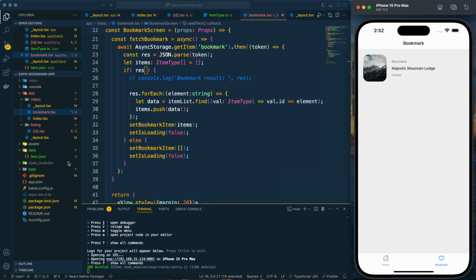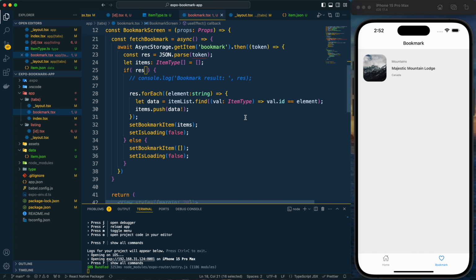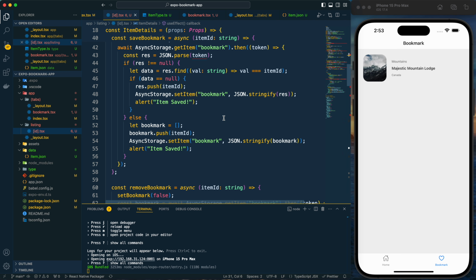And here I have used a dummy data, which is this item JSON, but in a real life scenario it will be data from the API, and when it is from the API, that time all the functionality will be the same. Only thing will be different is this one, the manipulation of the data from the item list. This item list is the item JSON. Instead of this item list, you will have the API call. That API should have something to query by the ID, and that API call you should be done here. And similar case here also.